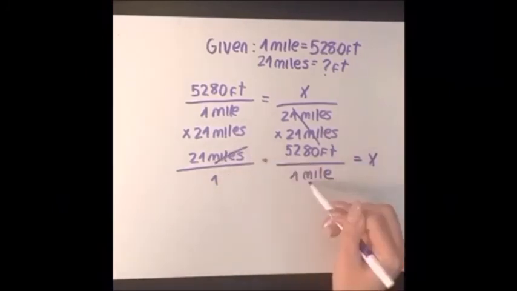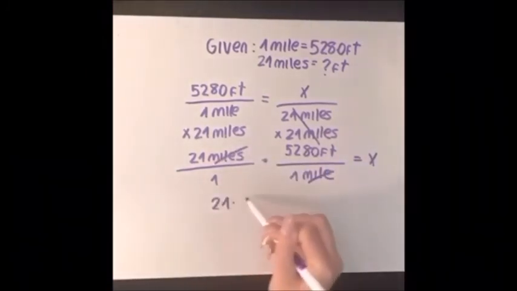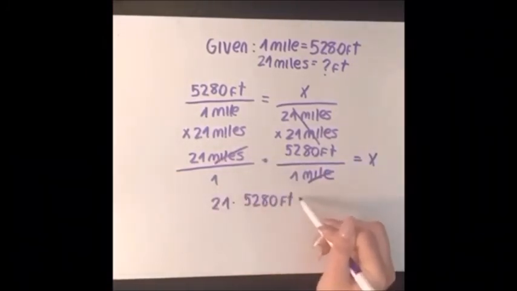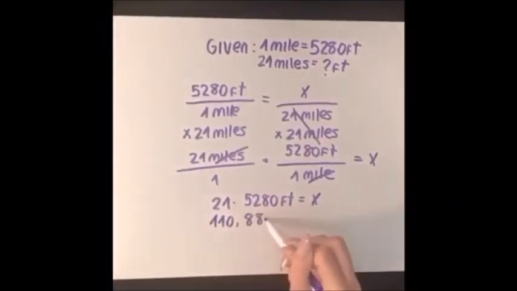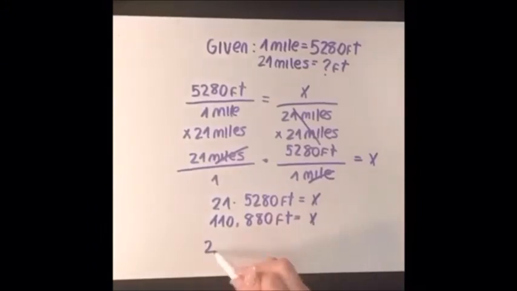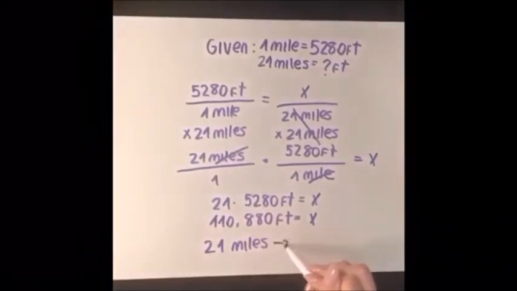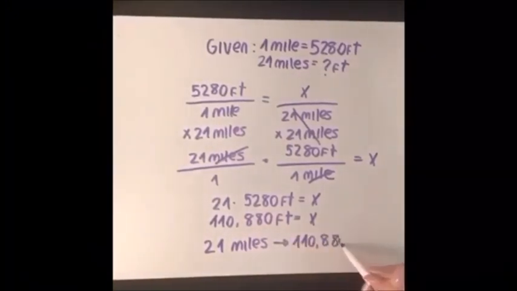Now you can cross out the miles to get feet by itself and end up with 21 times 5,280 feet equals x. The answer equals 110,880 feet. So 21 miles equals